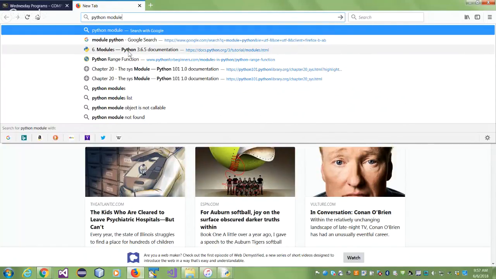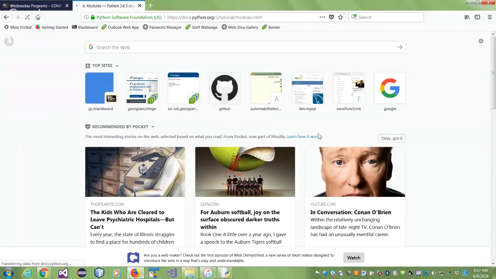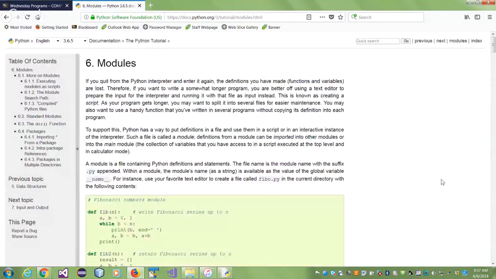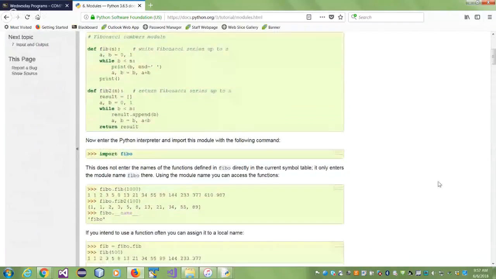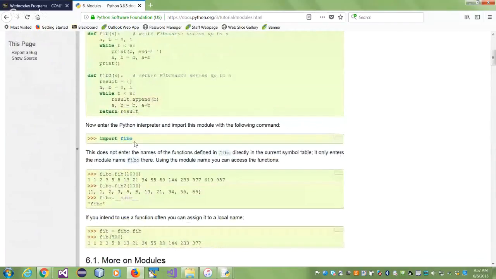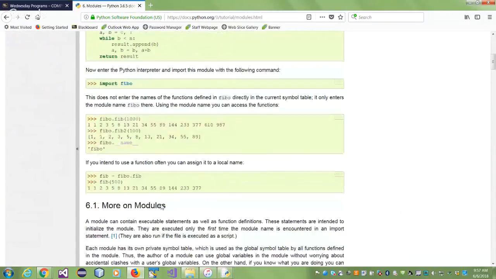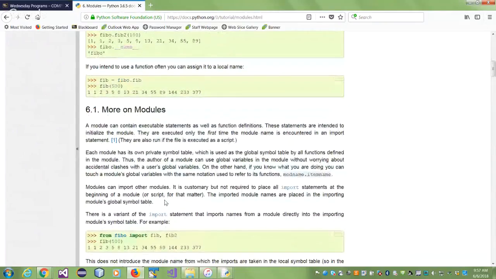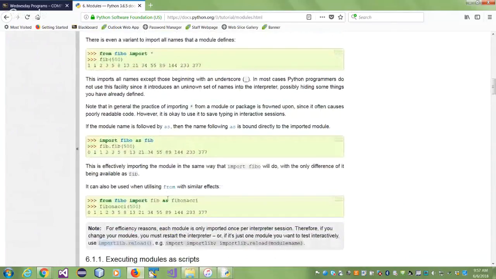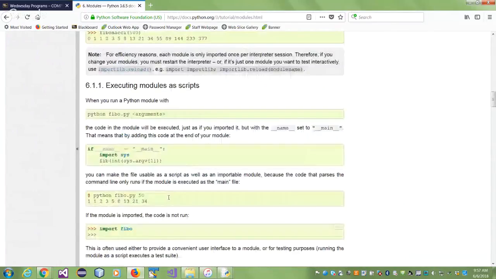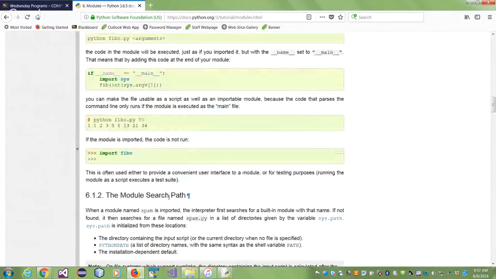I would highly recommend that you look at the various modules that are present and how to use them. Here, see, import Fibo for the Fibonacci series. Somewhere here I had also read that you could change it a little so you don't have to qualify it. But anyway,